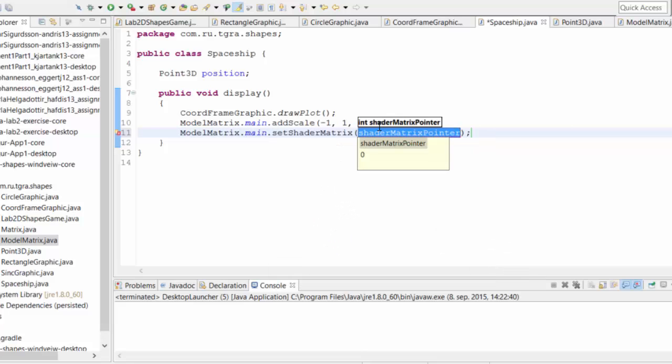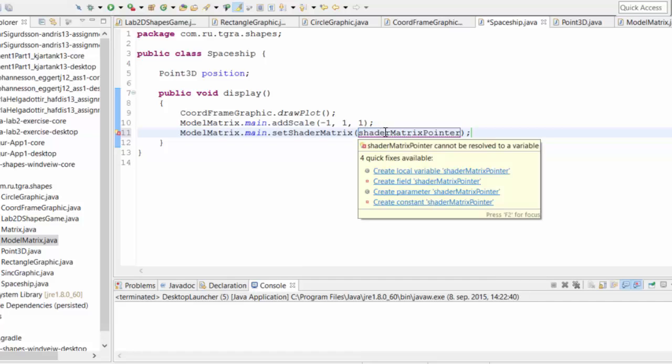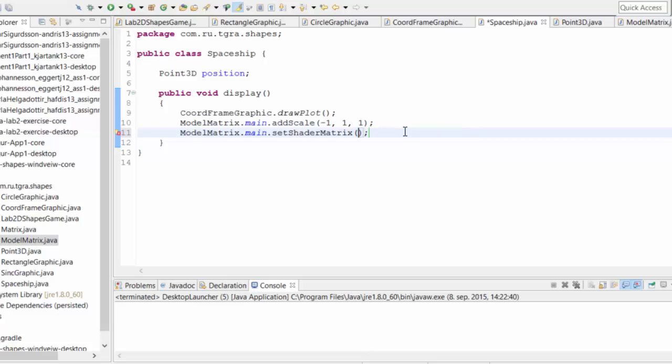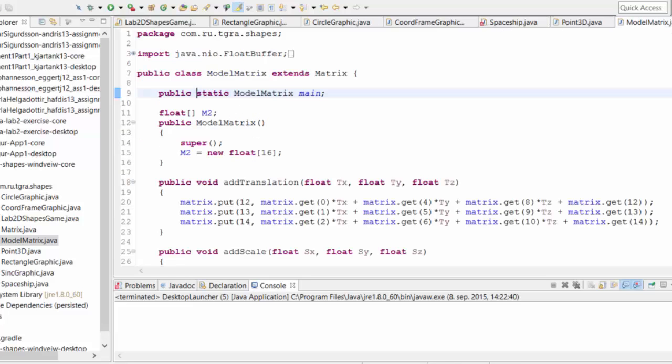So we have set shader matrix, but we need this shader matrix pointer. We don't have that. So what we'd like to do now is to change model matrix a bit more and say, rather than everyone setting the shader matrix pointer needing access to that to put it in, instead we're going to store that inside the matrix, so it just knows its shader matrix pointer. If we want to change that, we can change that at any time, but the matrix keeps track of that, meaning that once it's set,